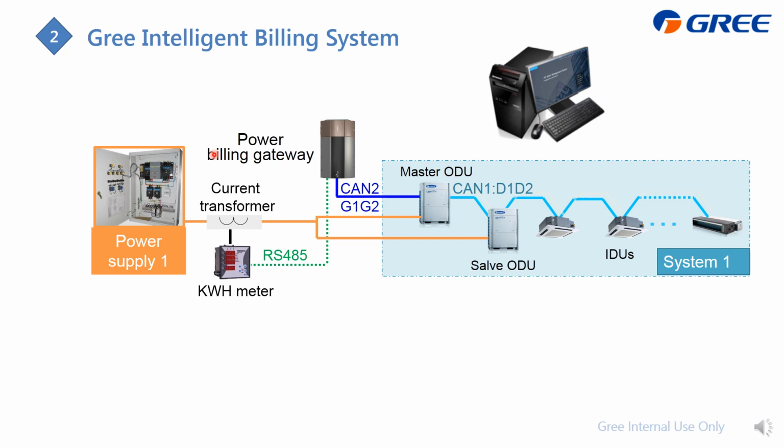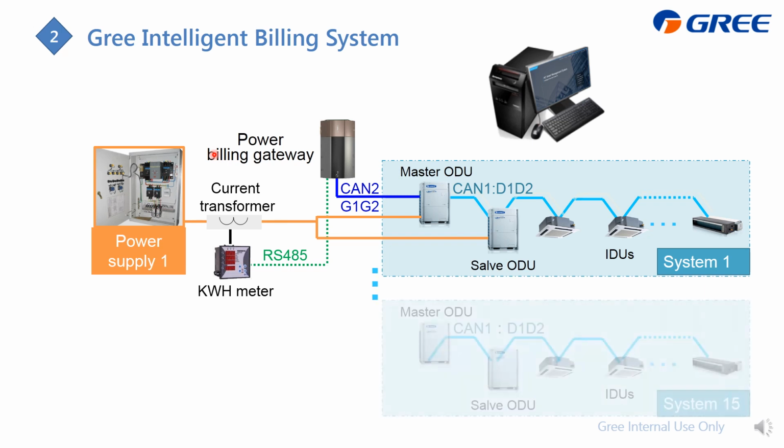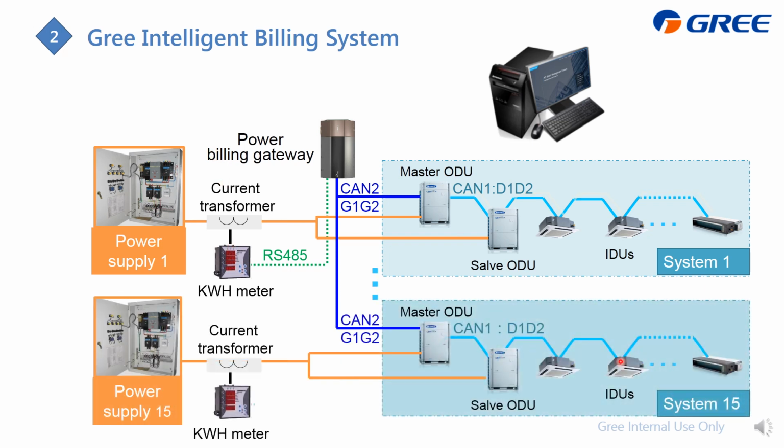And this is for the single system. If you had a multi-system, the wiring is similar. Also ensure the D1, D2 of LV system is already connected, and then from the master outdoor unit, you need to connect on the G1, G2, always series connected with this one, and then together to the gateway. And as for the power meter, also the same, transmit the power data on the RS485 signal and combine together here, then to the gateway.